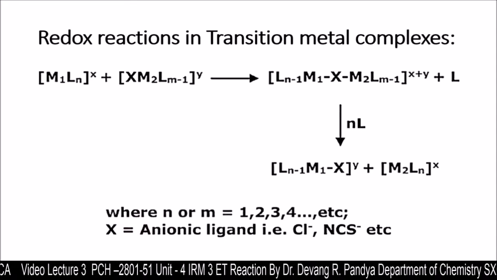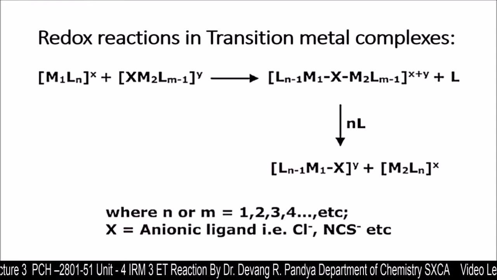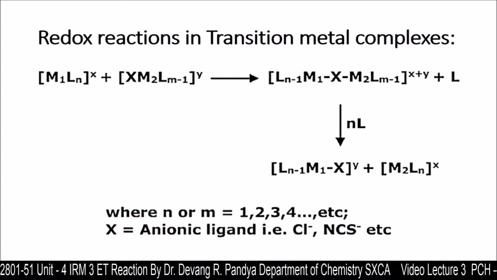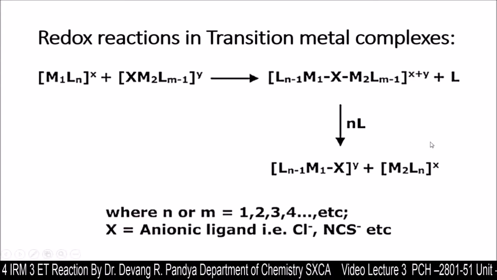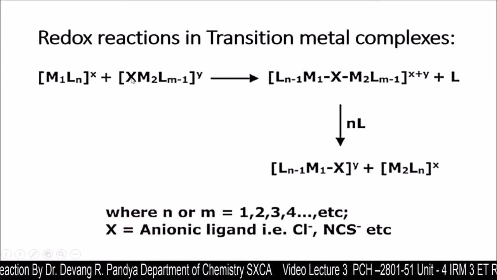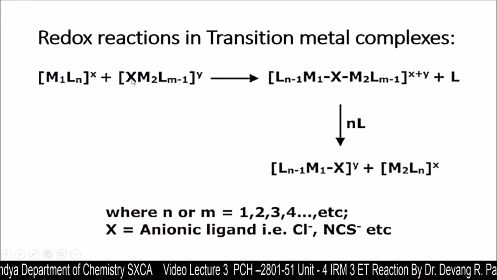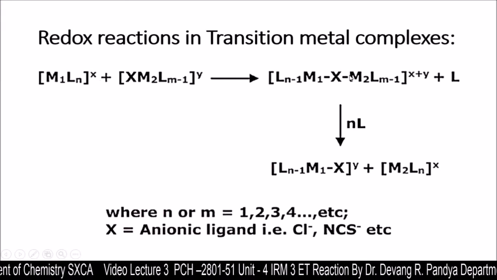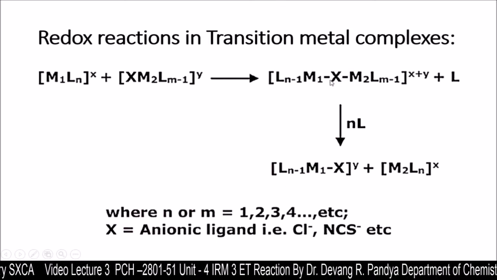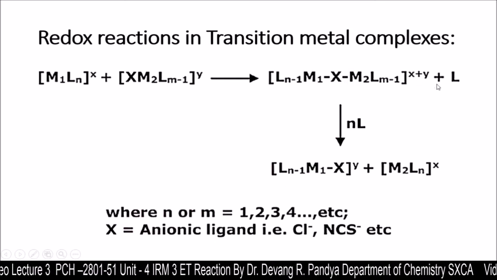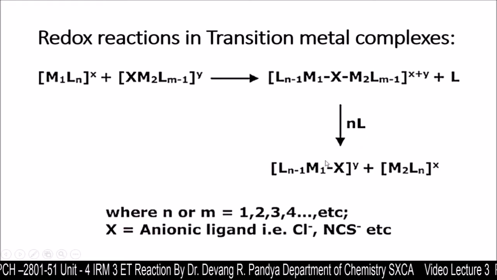Here is the common example for that: metal 1 with ligand L, metal 2 with ligand, and here X is indicated, and that X acts as a bridging ligand. So in the transition state, this X is going to bind metal 1 and metal 2. A bimetallic complex is going to be observed in this transition state,